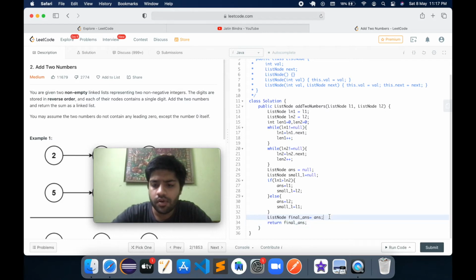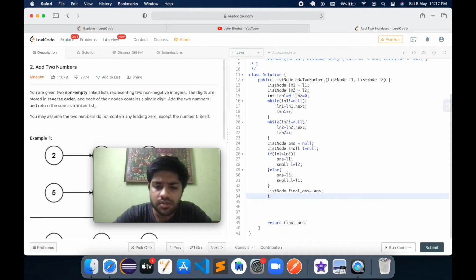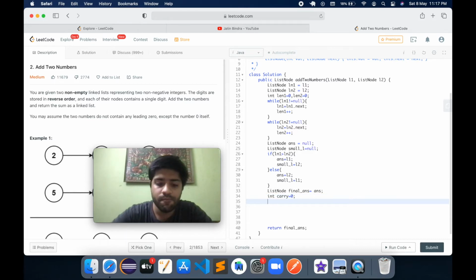Okay, now I have to do some processing. So the first thing is about the carry. I'll make the carry 0 at the starting. Okay, now I'll make the loop, and since our ln1,